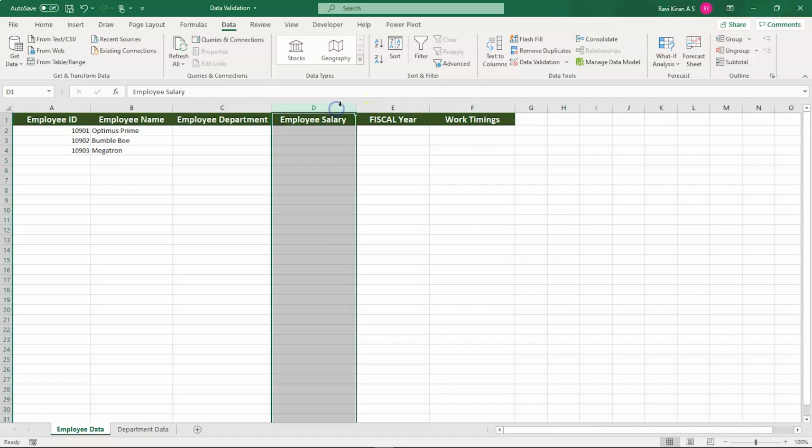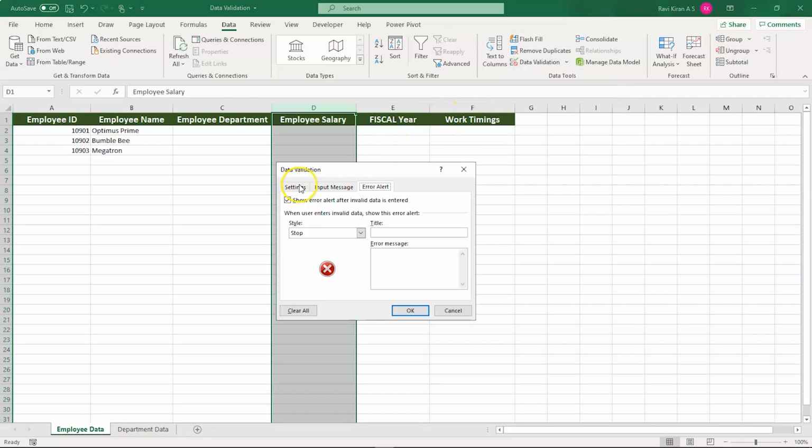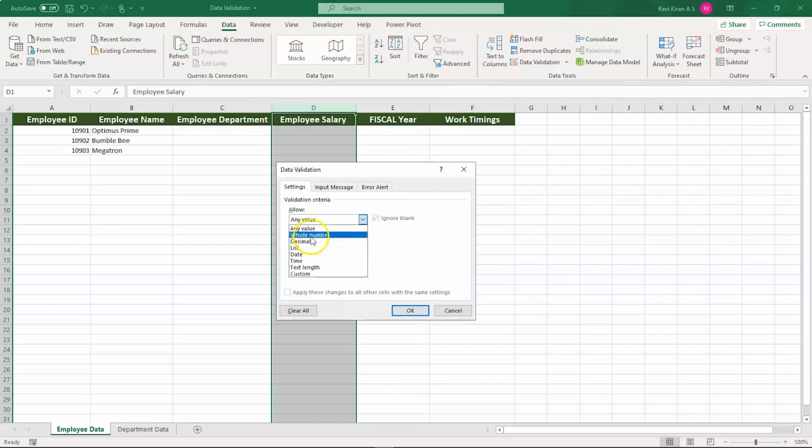Now let's come to employee salary. So salary is something where you have to include decimal points. So now let us go to data validation, and inside the values we have already dealt with whole number and text length. Now we'll deal with employee salary, that is decimal. Now the minimum is, okay, what can the minimum be, 1.00 and the maximum can be 1,00,000.00, or let us put that as 10 lakhs.